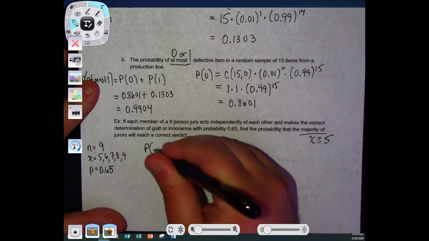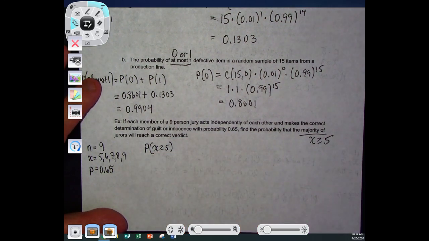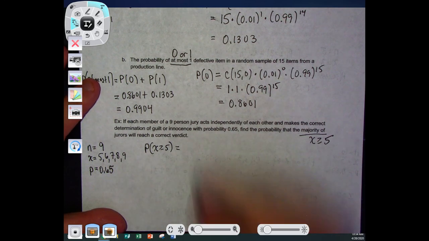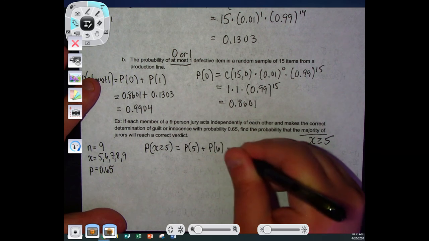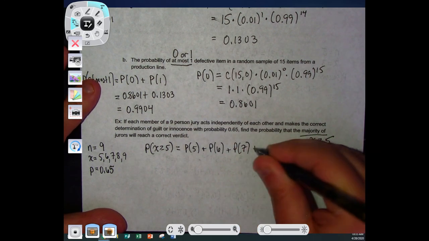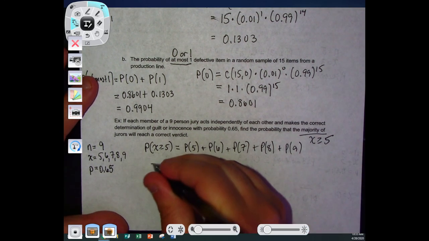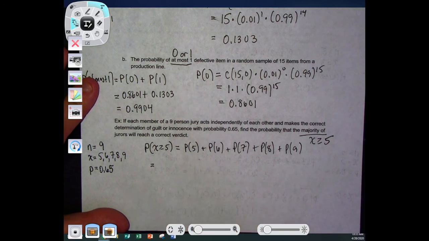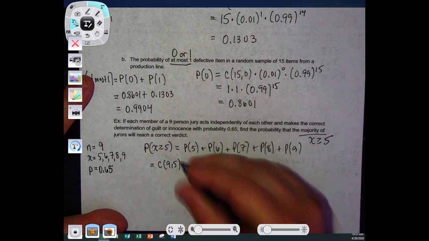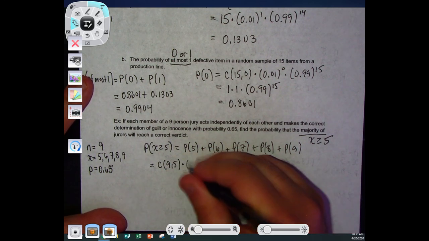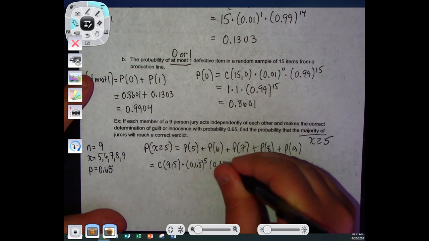So if I want a probability of X is greater than or equal to 5, well, I've got to do all those. So I have to find the probability of 5, plus the probability of 6, plus the probability of 7, plus the probability of 8, plus the probability of 9. Okay. So I'm going to use my formula to set this up. So we find the combination of 9 choose 5 times 0.65 to the 5th power times 0.35 to the 4th,